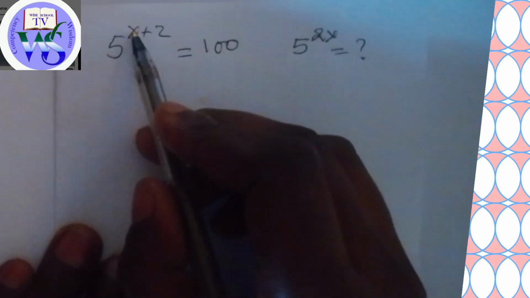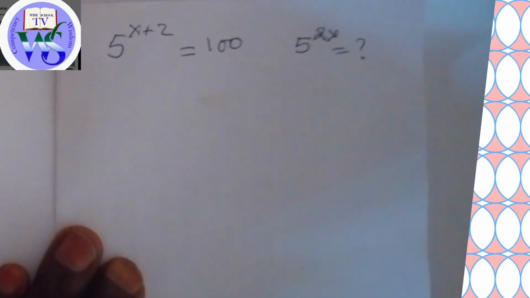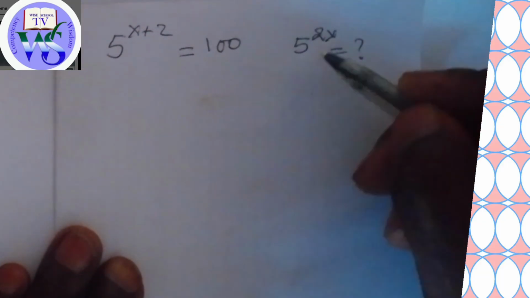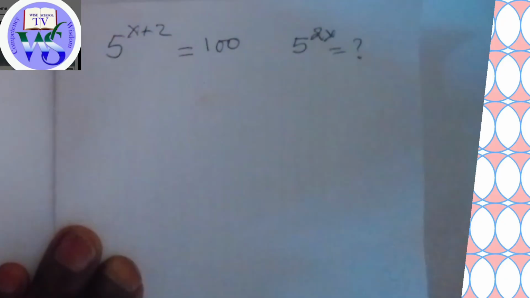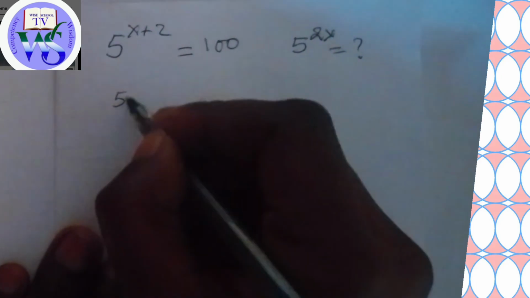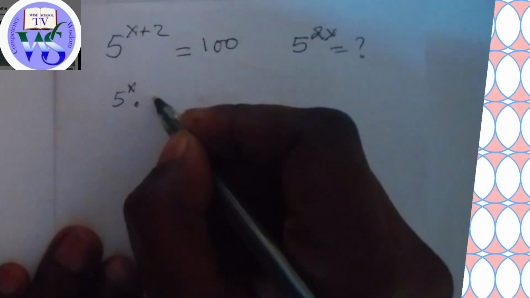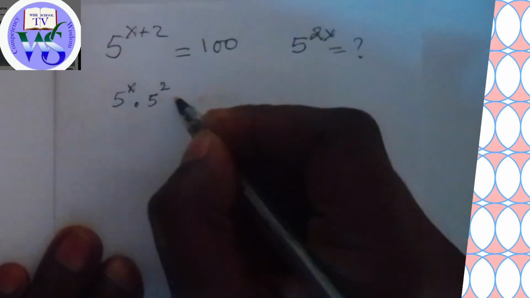So, 5 power x plus 2 is equal to 100. How to find 5 power 2x? So how to find this? This is the property of indices also. First of all, separate this, we get 5 power x times 5 power 2 is equal